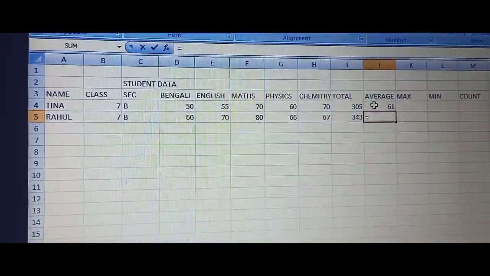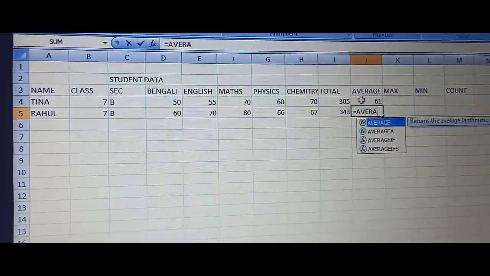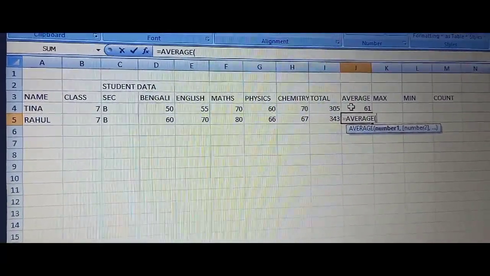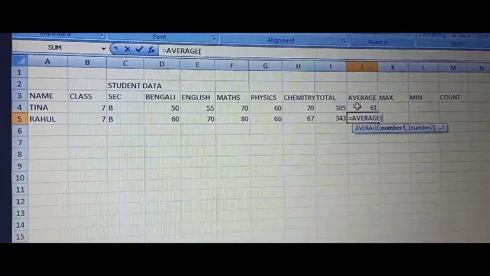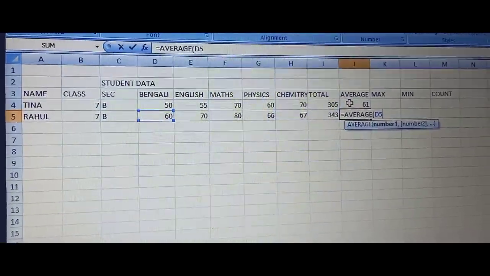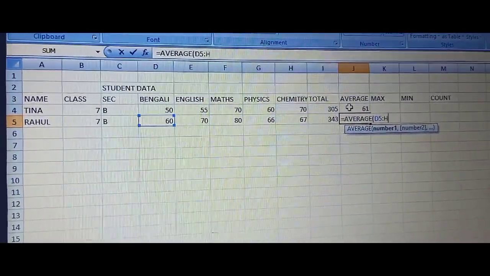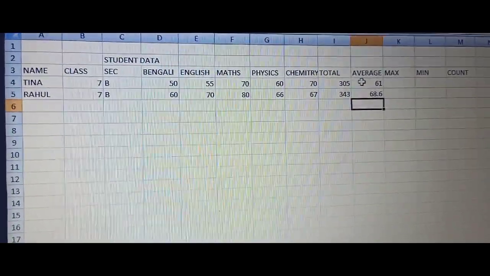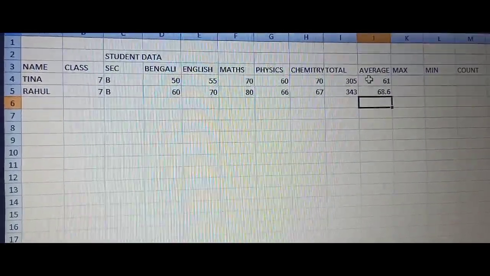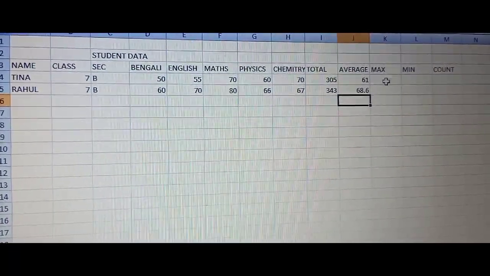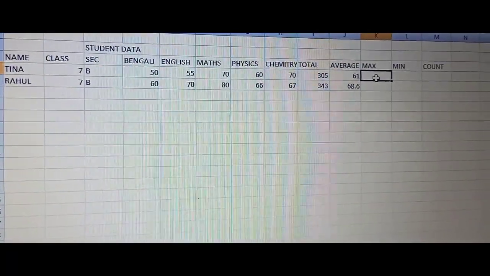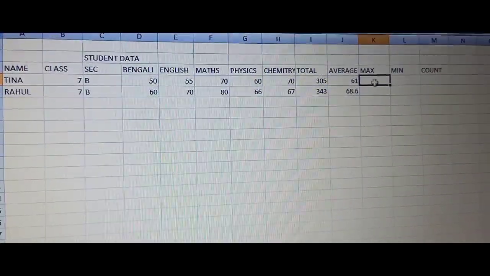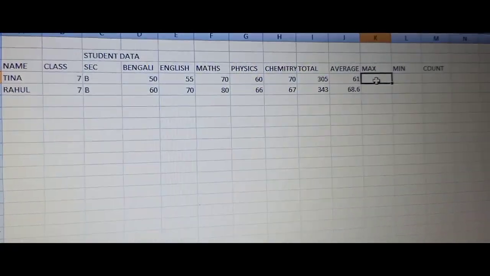So the same way again I am writing the average. The formula is equals to average, then the cells, starting with D5 to H5. So this is how we will find the average of all the marks. Next, maximum number, means in which subject Tina got the maximum number if I want to find it.